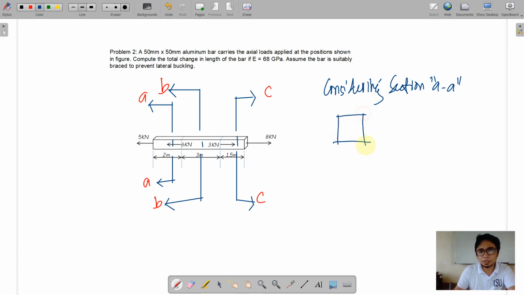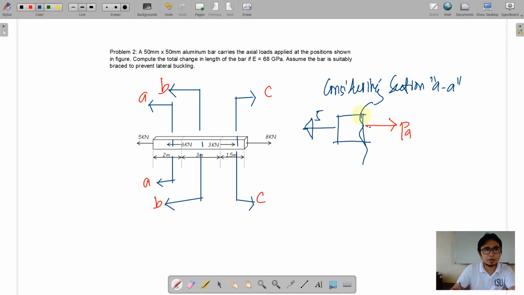So considering the left portion, it can be seen here that we have 5 kilonewton. Say I'm going to assume a direction and label this as PA,